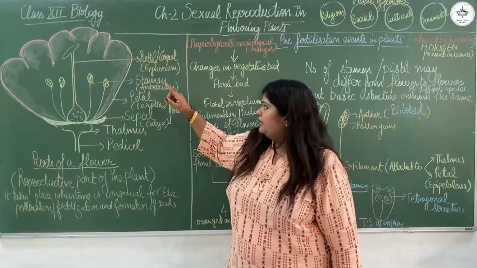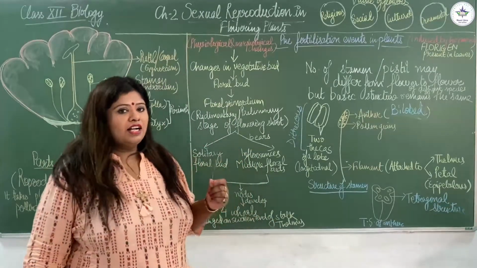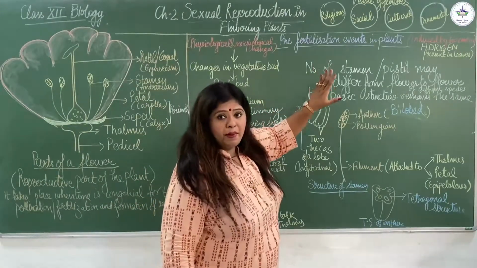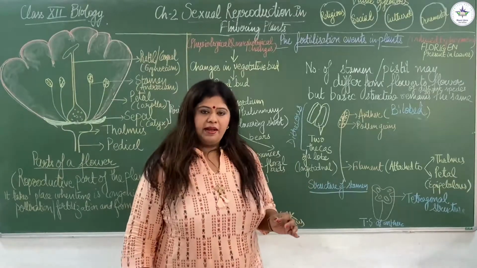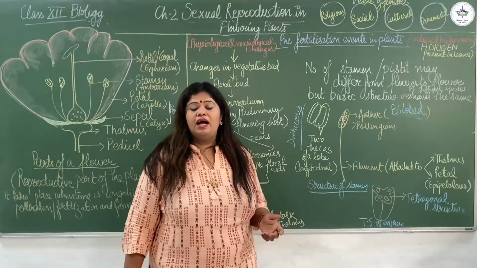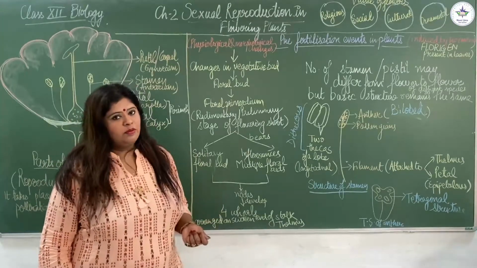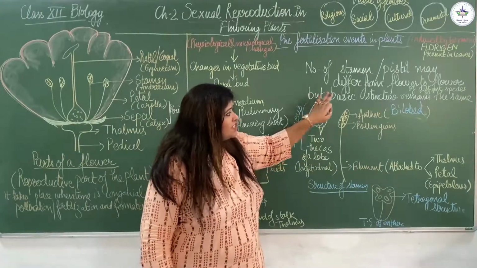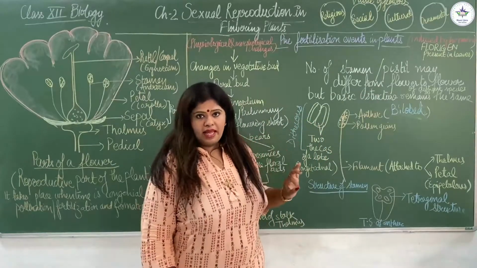male part, the androecium or the stamen. So stamen is actually the male part of the flower, and the number of the stamens may vary from flower to flower or different species. Okay, so one species flower can have only 2 stamens, while another can have more than 2 stamens. Then how they are arranged in the flower also differs from species to species. But remember, the basic structure is the same. The basic structure remains the same.